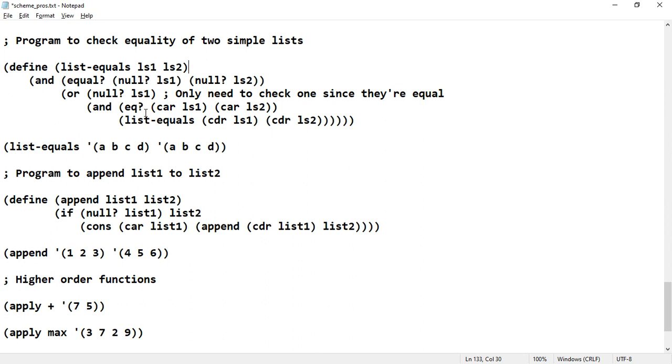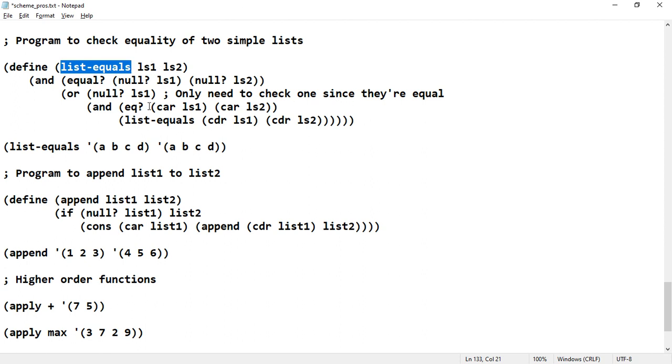However, the current compiler that I have shown you does not take the program directly; it has to be modified to lower case letters. For that reason I have rewritten the program like this, checking whether list1 and list2 are equal.